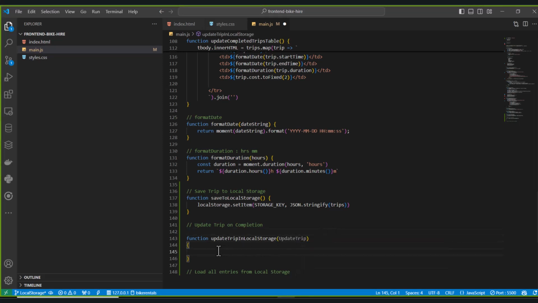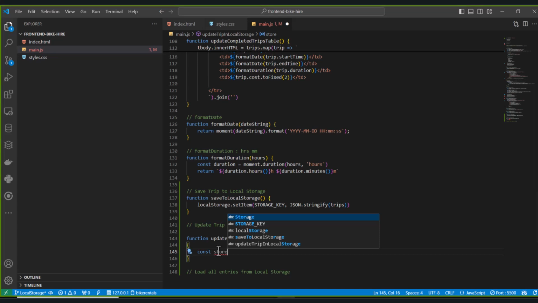We need to extract all the data and bring it back to a JavaScript data structure, that is an array of objects. Then try to get that item, update it, return that object into that data structure, stringify that data structure and push it back to local storage. I know that's a mouthful. So what we do, we say